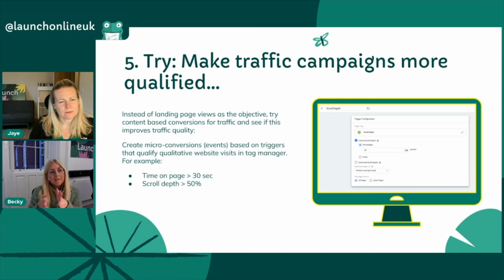It will be a conversion campaign though. So instead of selecting traffic as the objective in Facebook, you'll be selecting conversions and then this micro conversion. It'll be interesting to see whether those people are more likely to purchase from you, whether they're staying on the site longer, whether they're a more qualified person. So just one thing to try, really. Facebook will then be optimizing the campaign for the people who are responding as much as possible to that action. Scroll down is a great idea, because if you're sending traffic to a blog post,